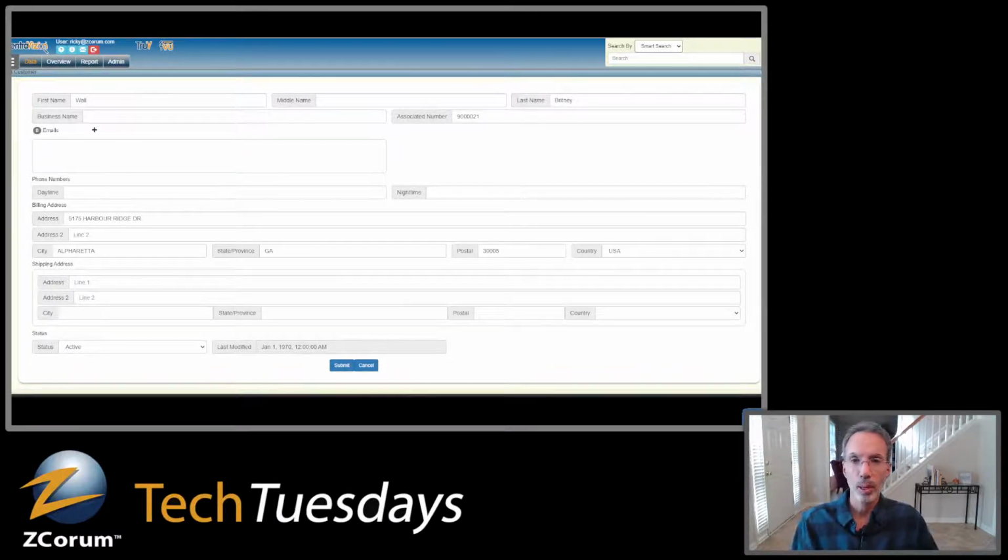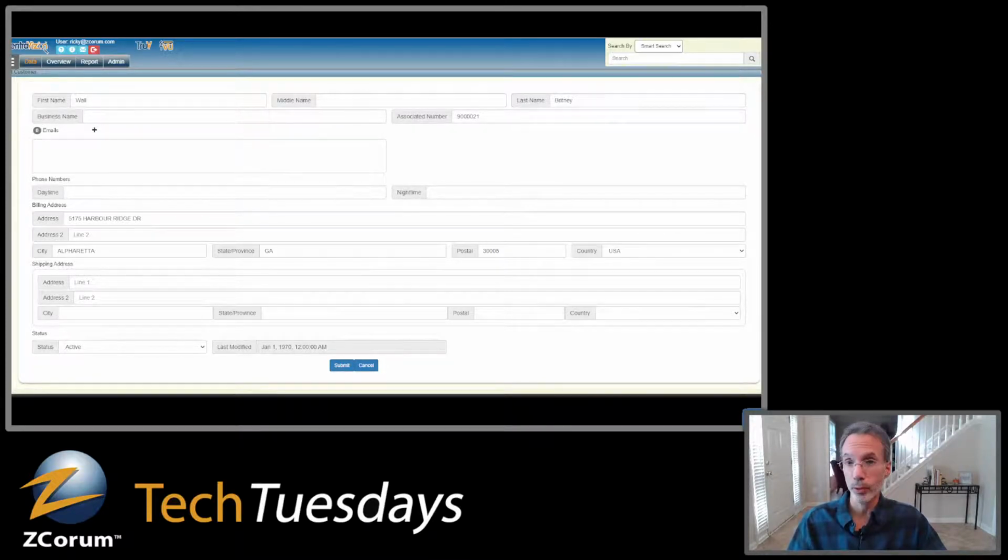So however this information got in here, whether that was through billing integration or through going into affiliate management and typing it in there, it's not going to talk back to the other database yet, okay? Because eventually this is going to be replaced. For example, you won't have to go into affiliate management, you can do everything in here. For right now, this gives you the ability to edit this information in here, but just be aware that it's not syncing back to the original place where the data came from. But I wanted to let you know that that is there, and that's what that pencil icon is,